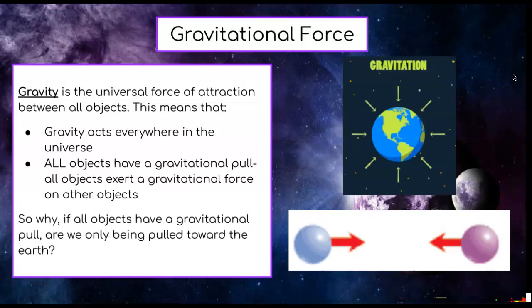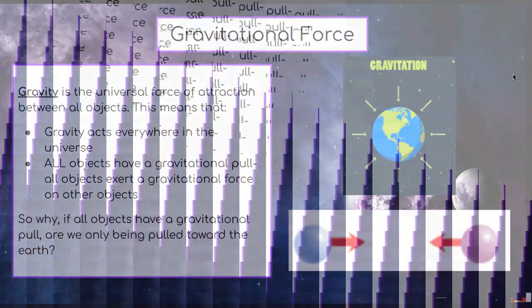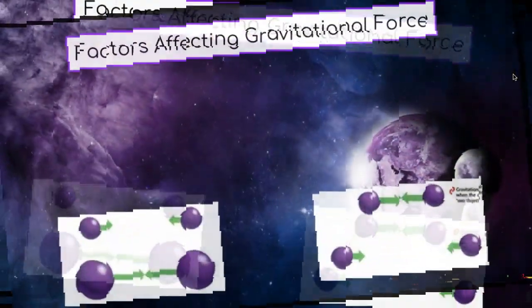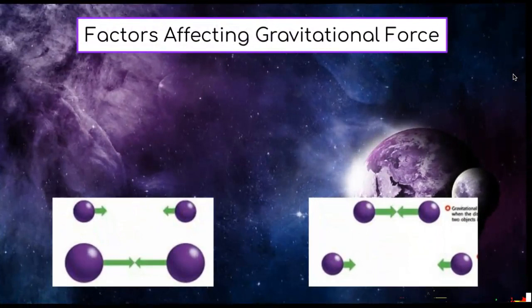So that leads us to a pretty obvious question here. If I'm telling you that all objects have a gravitational pull, why is it that all objects are not attracting other objects? Why am I only getting pulled towards the earth? Why am I not able to, like, force, pull or attract objects toward me? Well, that will lead us to a very important concept, which is the two factors that affect the strength of